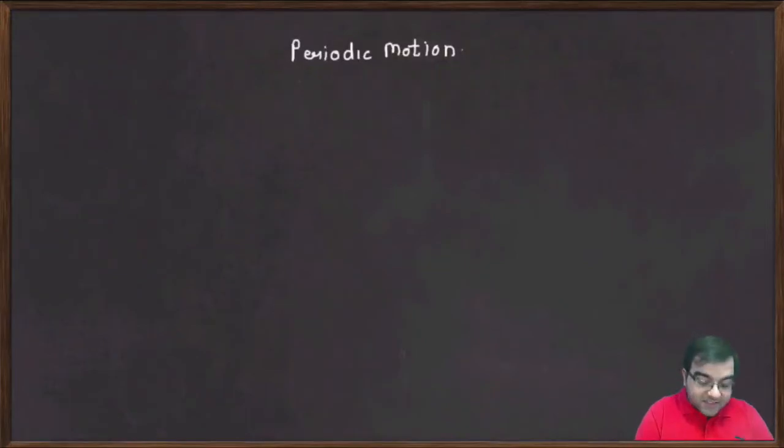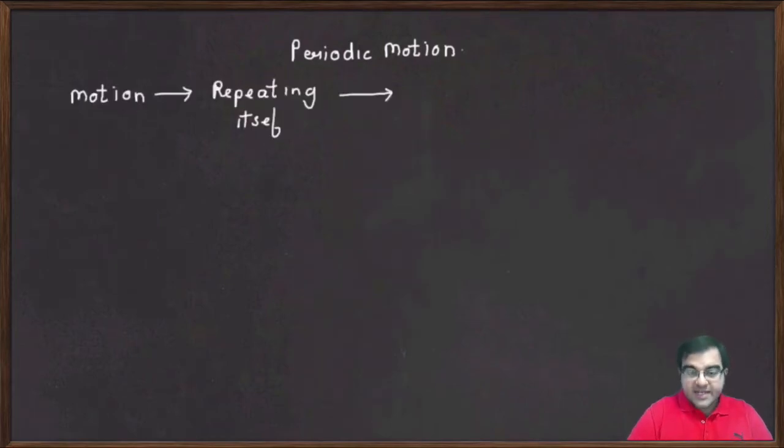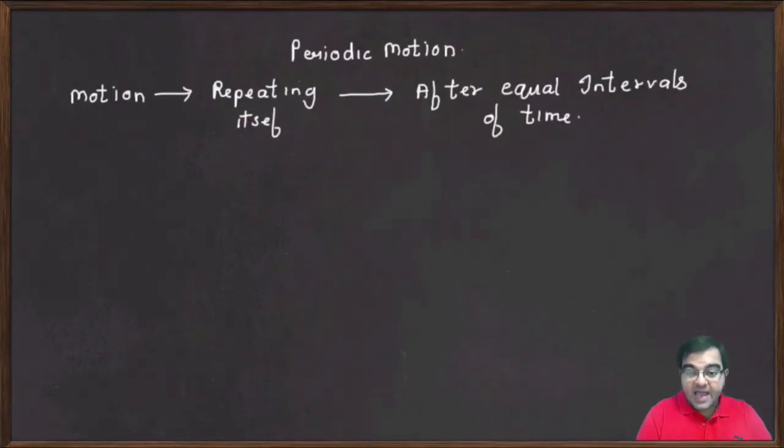Hi. In this video, we will understand and discuss what we mean by the word periodic motion. It's very simple. Any motion which repeats itself. So a motion which is repeating itself after equal intervals of time is called a periodic motion. Let me elaborate on this. Any motion that repeats itself after equal intervals of time, which means